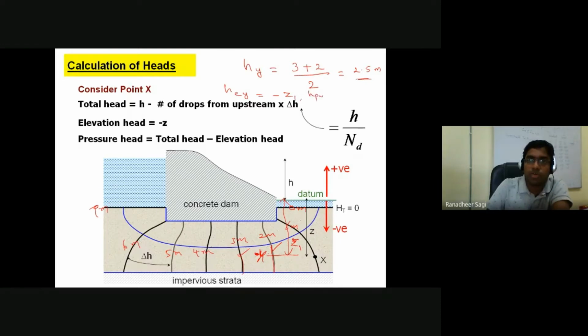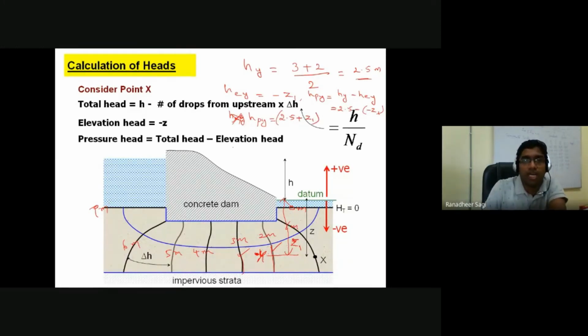Then my pressure head corresponding to point Y is nothing but the total head corresponding to point Y minus the elevation head corresponding to point Y. So 2.5 minus of minus Z1, which comes out to be what is called your HPY, the pressure head corresponding to the position of point Y, is 2.5 minus of minus, which becomes plus Z1. So that is your pressure head. Once you know the pressure head at point Y, then the pore water pressure existing at the position of point Y, I can simply write as the pressure head at point Y times the unit weight of water. And that's how you can calculate how much pore water pressure is existing at that